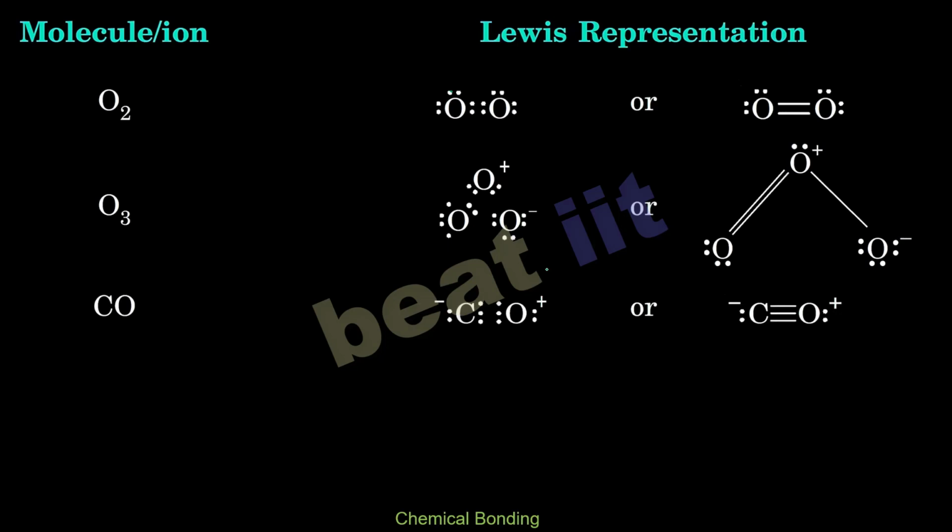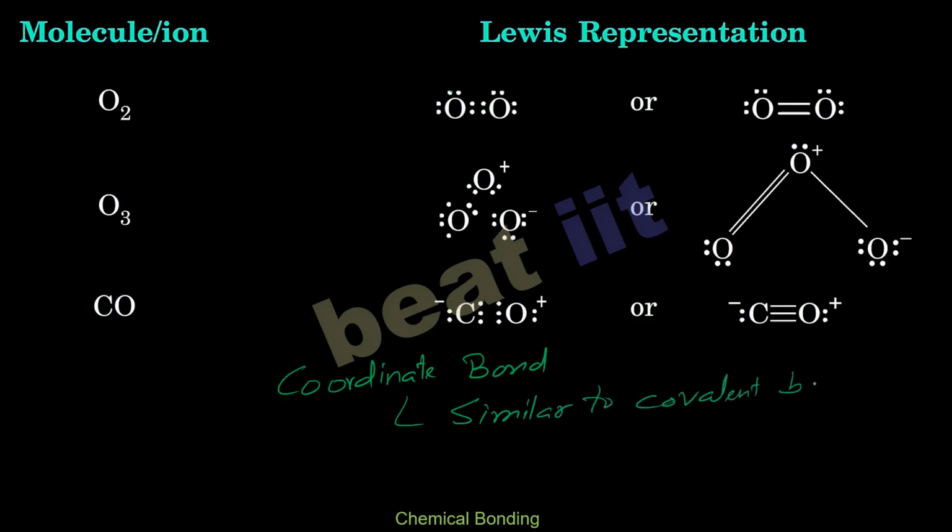Now it is slightly tricky to understand here. There is one specific bond in CO which is known as coordinate bond. So understand what is coordinate bond. Coordinate bond is very similar to, I'm not saying same, it is similar to covalent bond. The difference is that both electrons